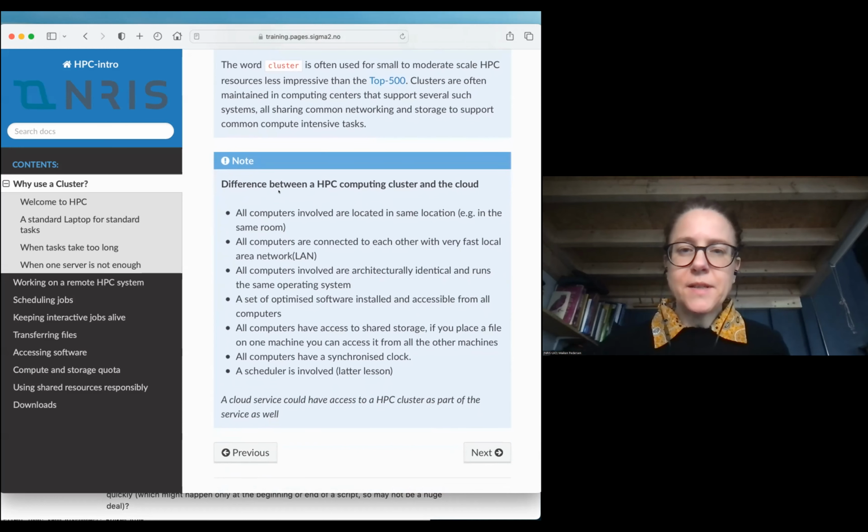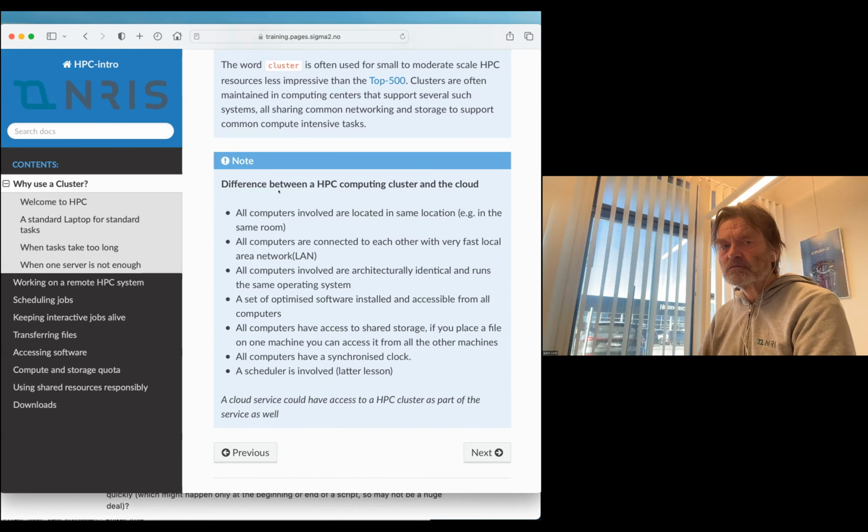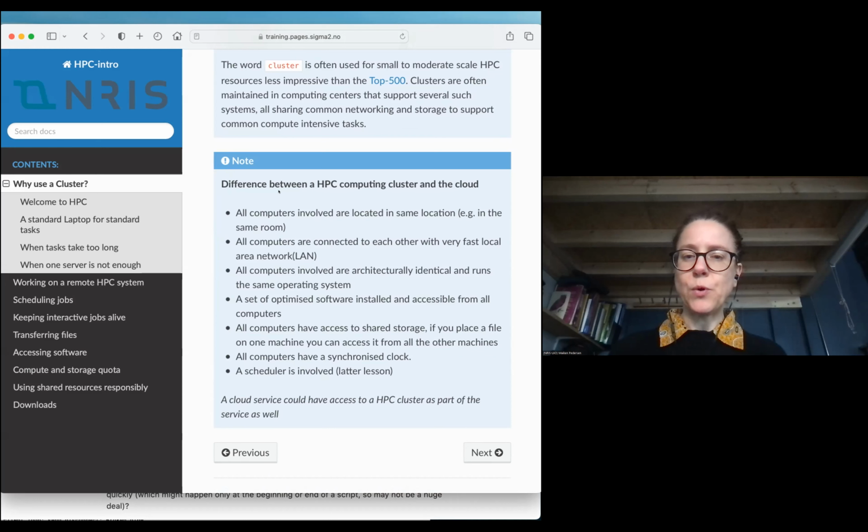Yeah, and I wanted to mention that the difference between HPC and cloud is that, as you mentioned, all the software and everything is set up for you. On the cloud system, typically you start up some virtual machines, and you have to set up the virtual network yourself. You have to install the software yourself. You have to choose what you want on it. So it can do the same task, but it requires much more customization, while an HPC is there, ready, fast working.